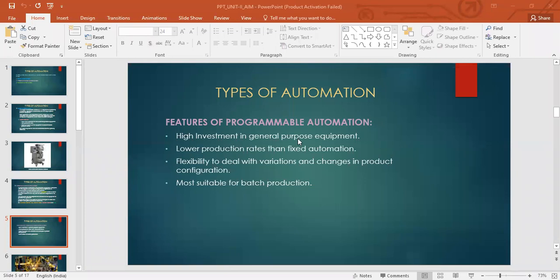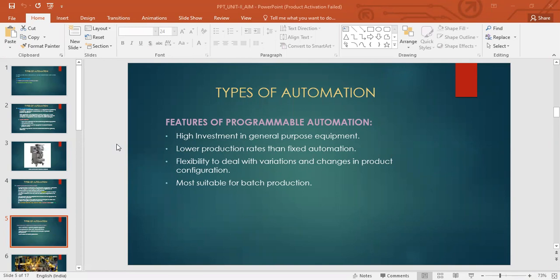Okay, so you see general purpose equipment, because that CNC, why can we call it a general purpose equipment? Because it is able to turn different products. A variety of products can be made, in different batches. We're calling it batch production because it is able to change the batches.